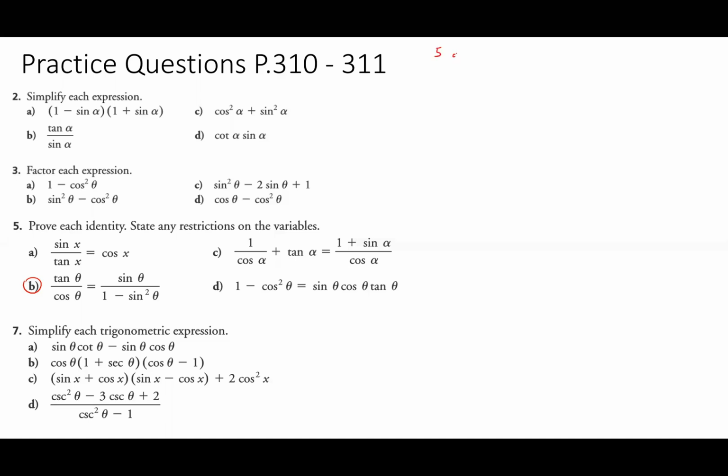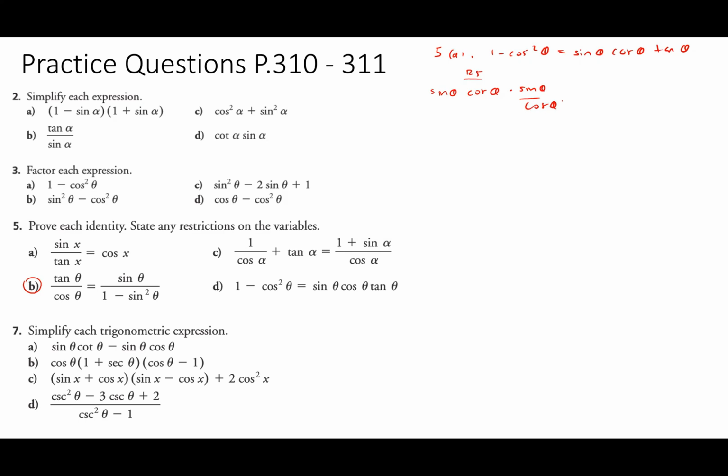Let's take a look at 5D as well. So 1 minus cos squared theta is equal to sine theta cosine theta tan theta, right? You can choose which side you want to work with. I'm going to work with the side with more terms because it gives me more opportunities to simplify. I'm going to work with the right side. So you have sine theta times cosine theta times tan theta, which you can write as sine theta over cosine theta,